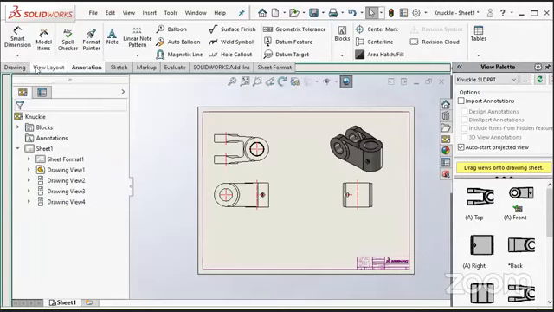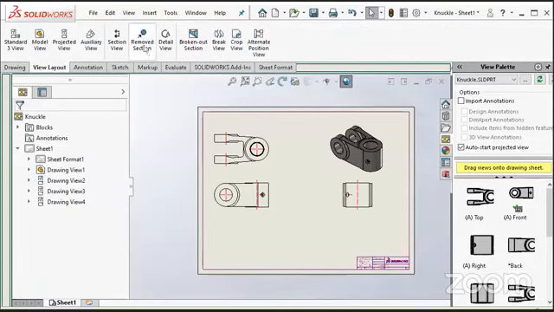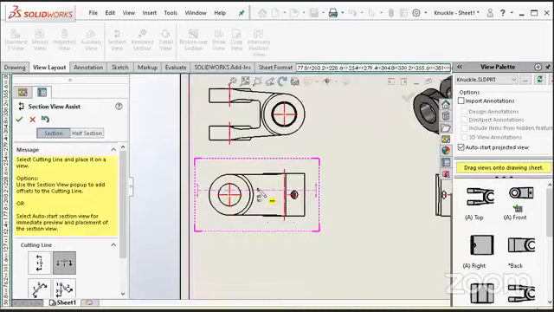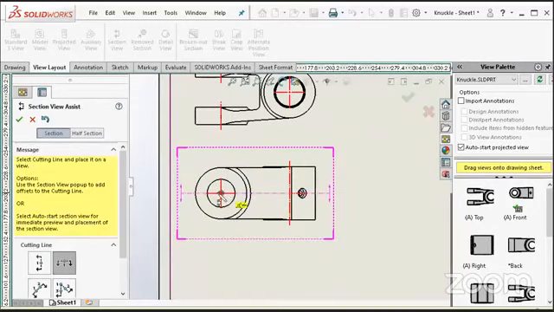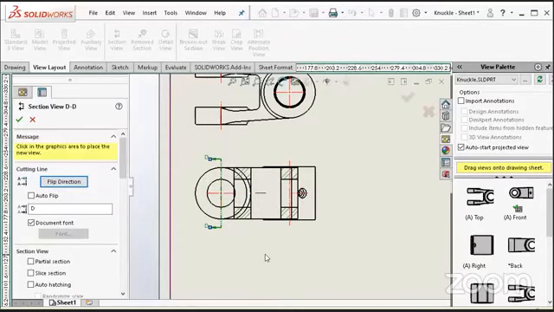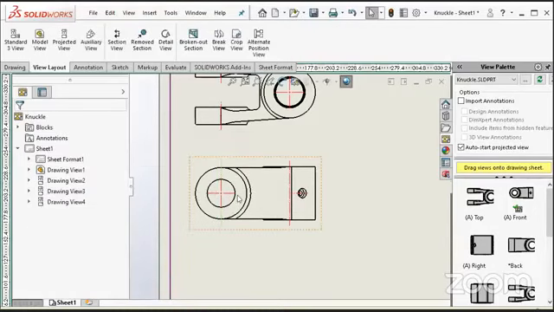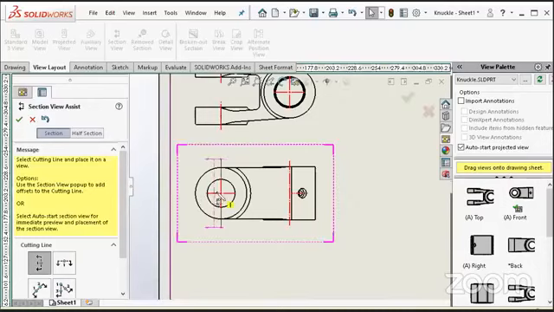And for section, we will go to the view layout, make section, and just go near to the center of this cylinder. But I want to make a cut off in the vertical, so I will click on the tab. It will be converted. Let me do it again. Section view, tab,